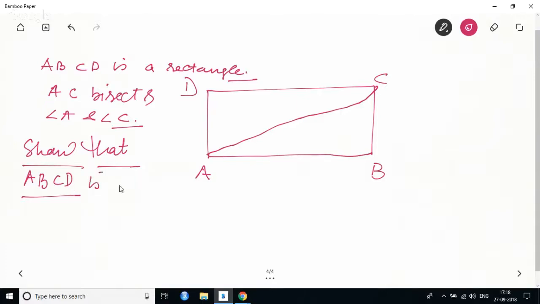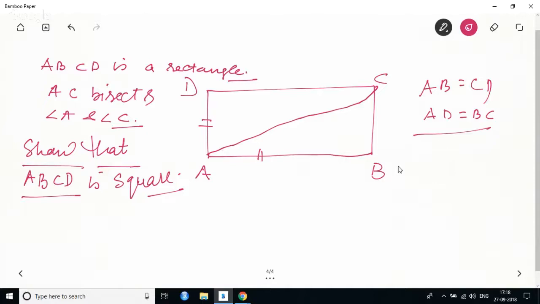So you have to show that ABCD is a square. Now look at here. How do you prove that ABCD is a square? What is the property of a square? If it is a rectangle, let me write AB is equal to CD and AD is equal to BC. Why? Because of rectangle, all angles are 90 degrees. So here I don't need to prove angles. I just need to prove that AD is equal to AB. If I prove,